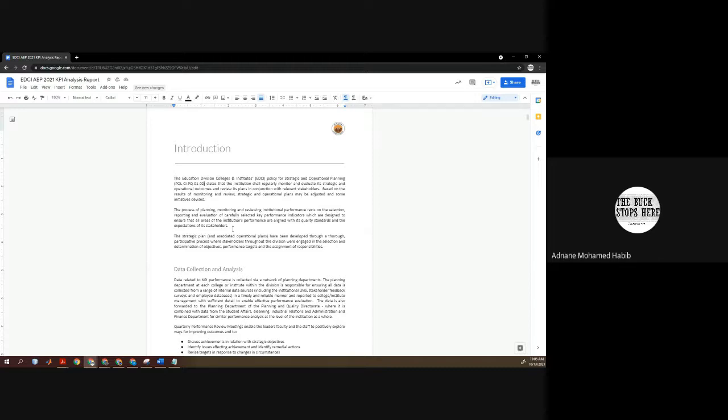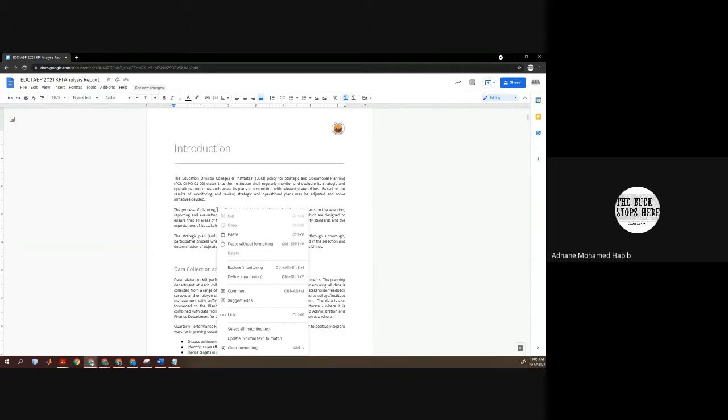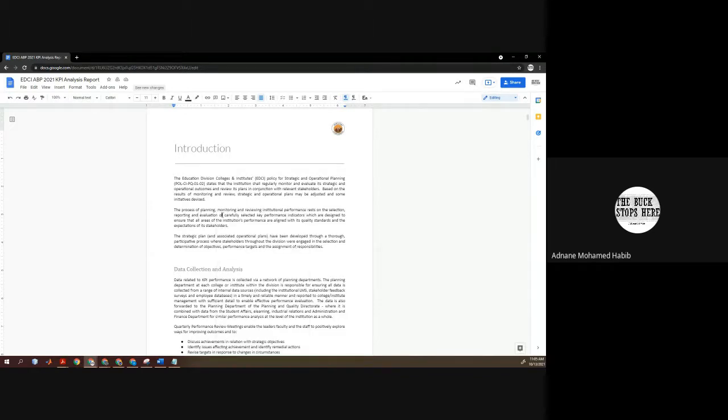One other feature I really find useful, and we used it a lot when we were working on the terms of reference within QMS, is suggesting an edit. If you right-click on the document, you can either edit, add a comment, or suggest an edit. If the document is a live document, you can click on suggest edit, and whatever you will be typing